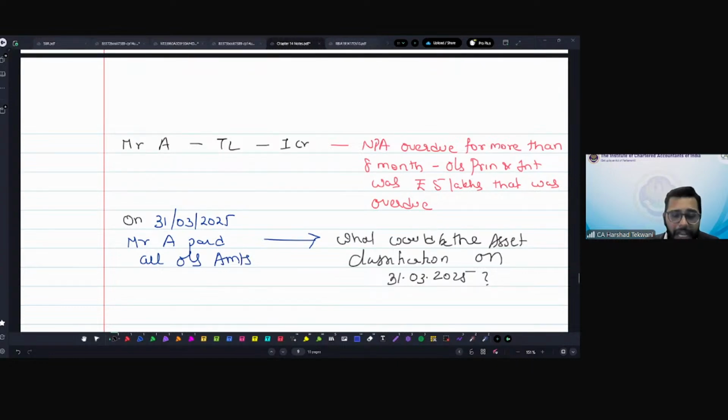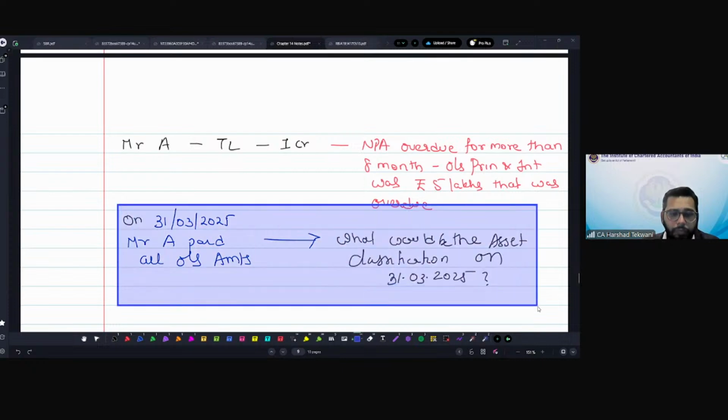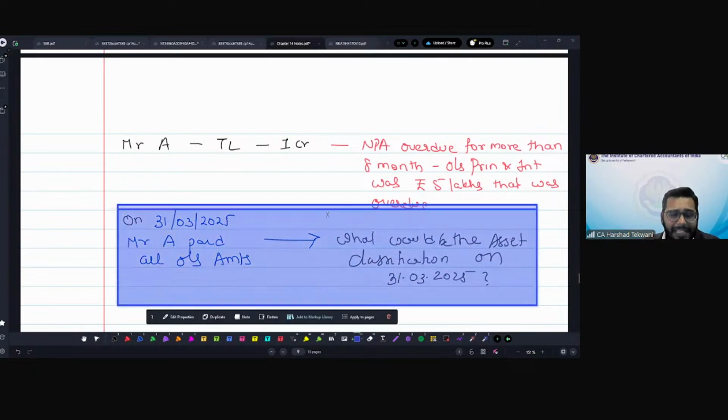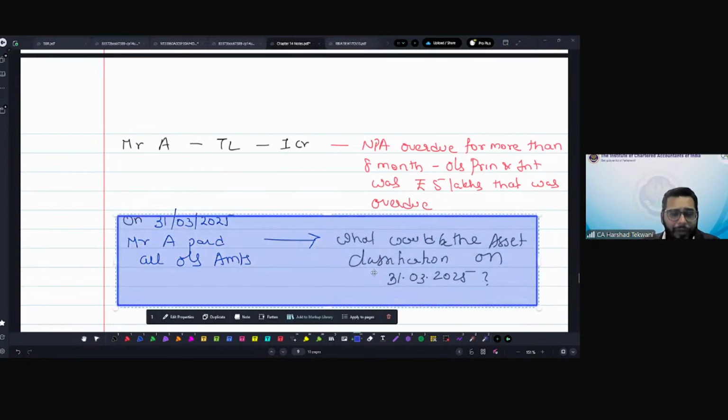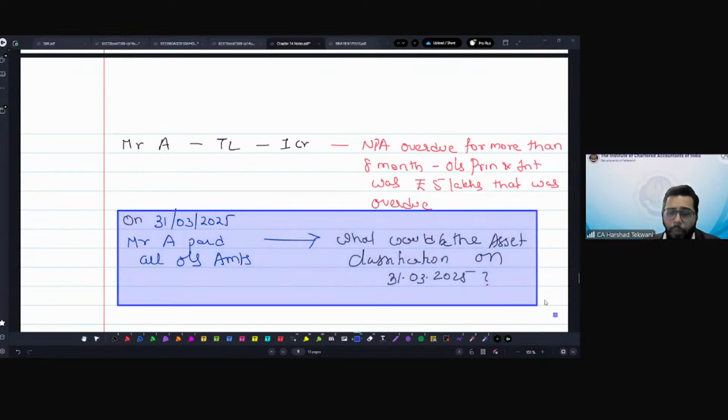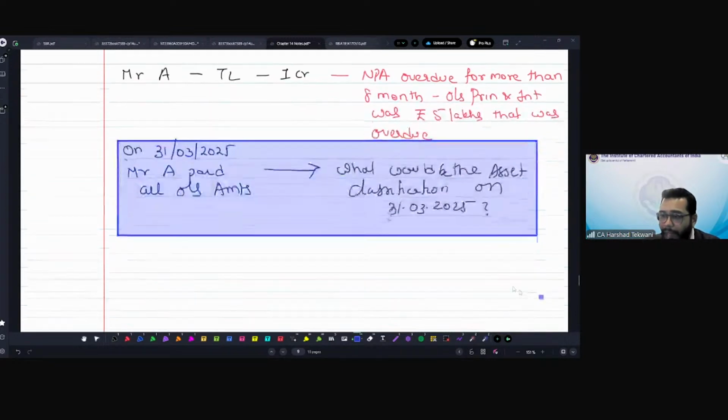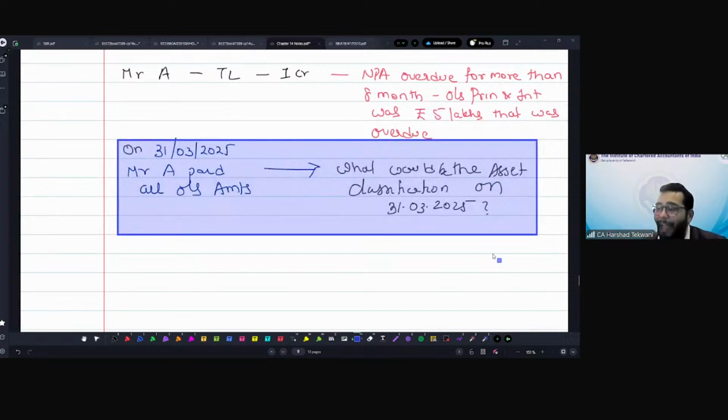Where this kind of scenario happens, that the accounts are regularized on a balance sheet date, the auditor has to be more careful. This is the classic scenario of accounts that are regularized on balance sheet date. So the auditor has to be more careful, and auditors have to obtain